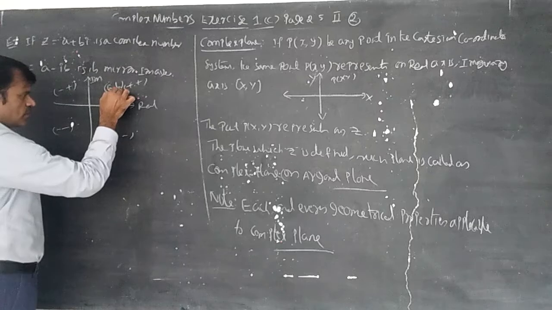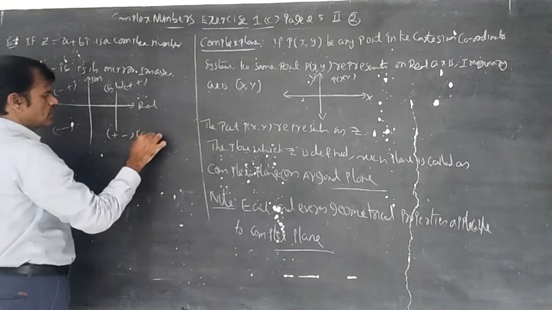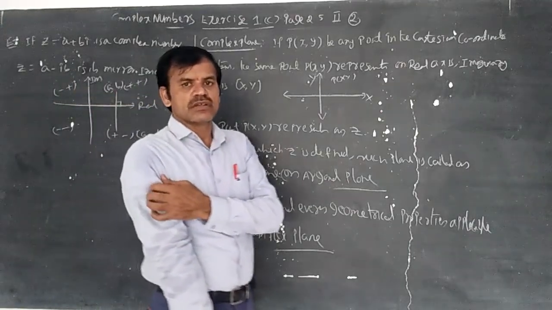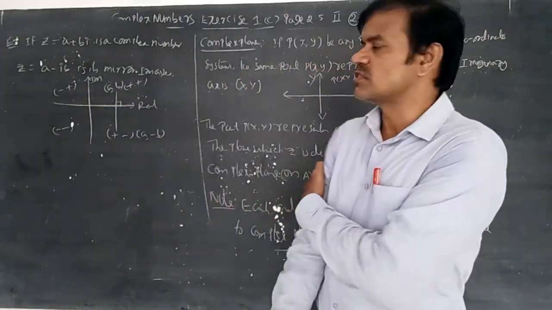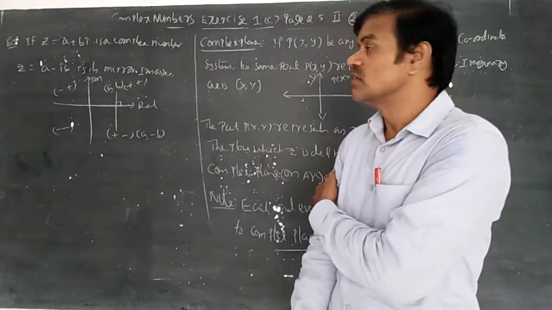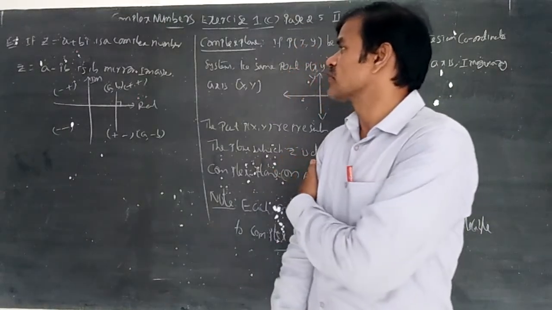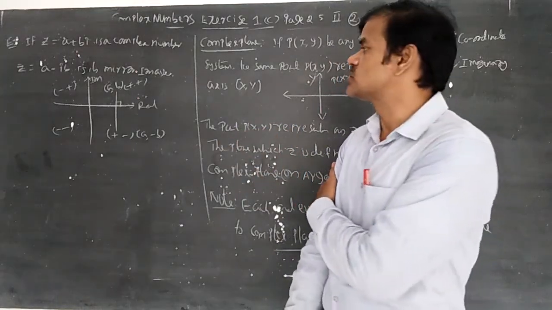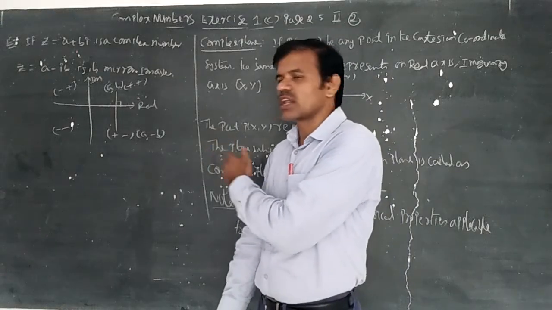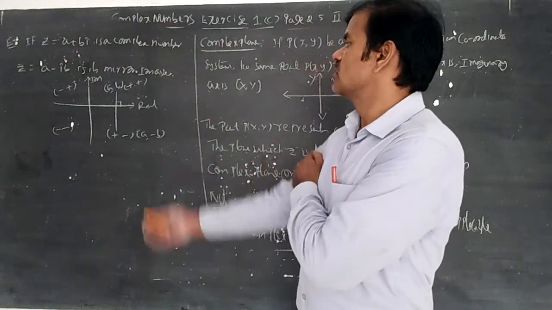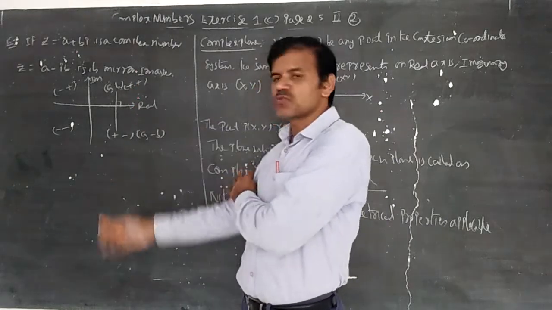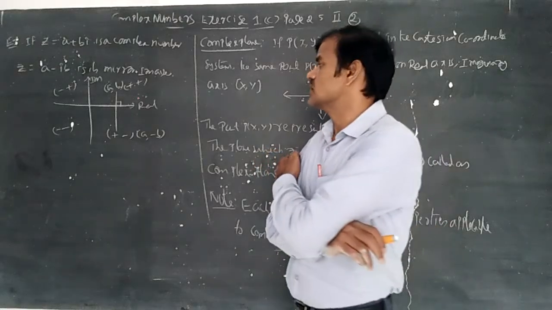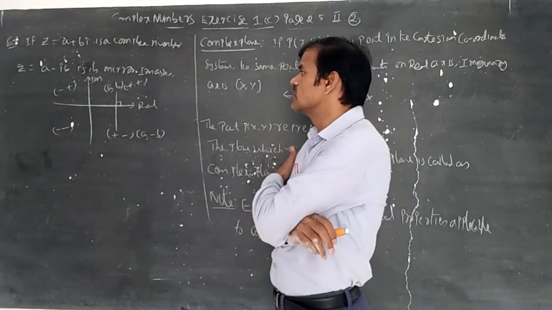So here, if you are writing a comma b here, you can write a comma minus b. This is a mirror image with respect to the real axis. The mirror image of a plus ib with respect to the real axis is a minus ib. So what we are discussing now, even though it is a complex number, the property which belongs to general geometry we are applying here. General notation is 2 comma 3. This is 2 comma minus 3. If 2 comma 3 is in the first quadrant, we say 2 comma minus 3 is in the fourth quadrant. In a similar way, the same concept we can apply here.